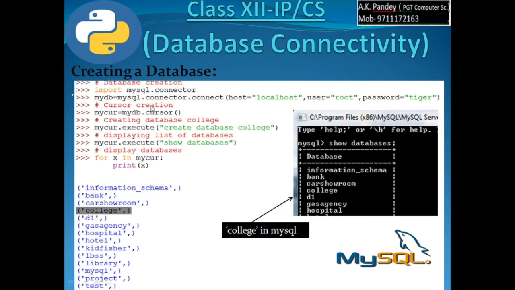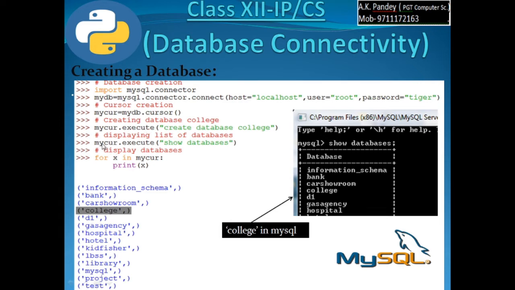After this create a cursor, mycur equal to mydb.cursor. Then to create the database, execute a query: mycur.execute create database college. Suppose I want to create a database named college. After this you want to verify whether the database is created or not, since mycur.execute has executed this command.